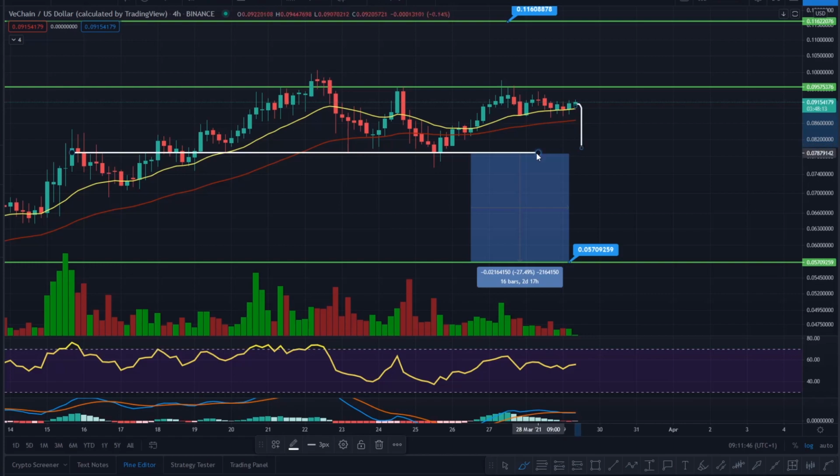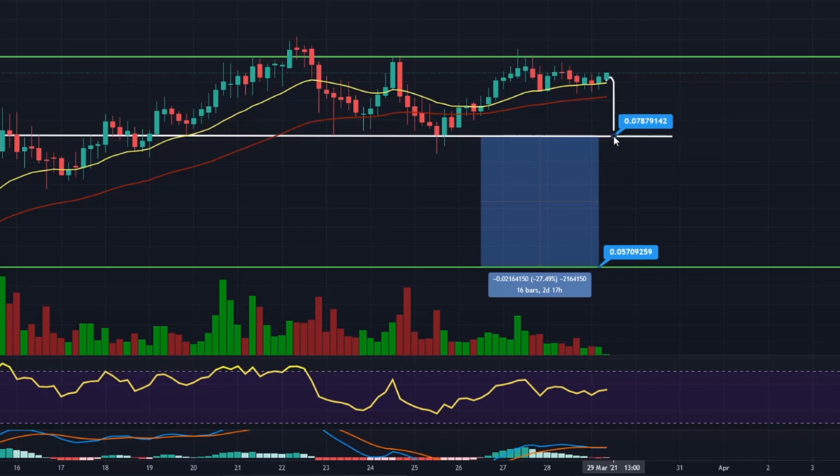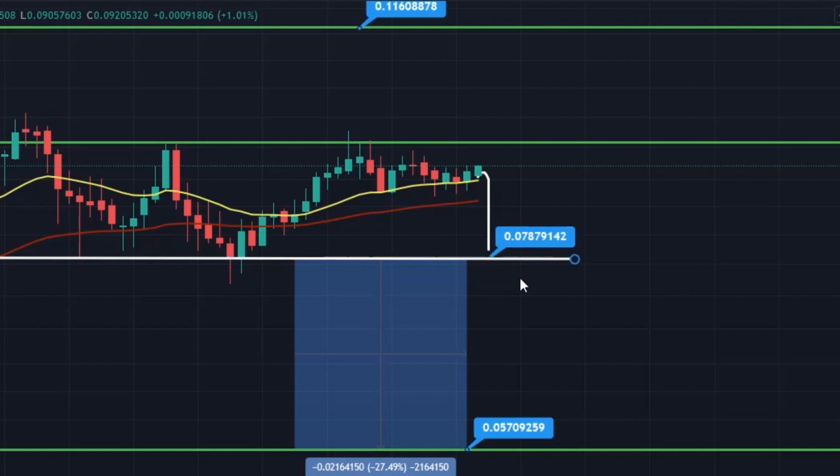Then it dragged the entire market down. You know that you're targeting this level here, and I'll drop that in for you. I'll make that a bit better. You are targeting this level here as a key level of support. So you start to lose that with volume, you start to lose that key level of support, and then back test it as resistance. You're looking at a larger correction, and effectively what you can do is short it. And that's how traders make money, because you're getting the signals that it's going to go down. So you short the market, and you are looking at a 27% short if it was to